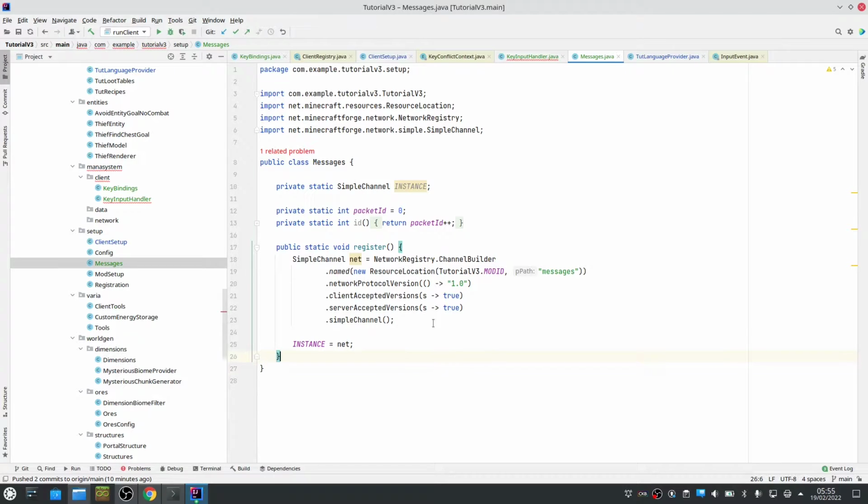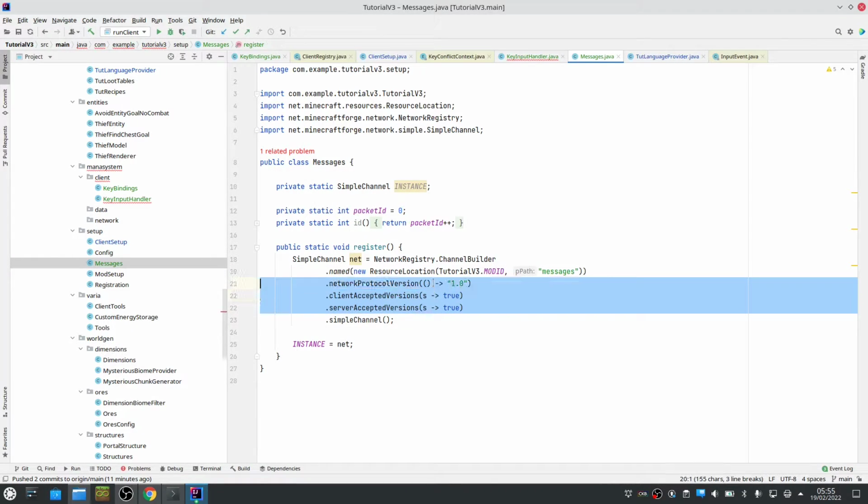So basically, we make use of simple channel, which is something that Forge added. It's an easy way to make a network channel between the server and the client for your mod. So we make a new channel. There's a channel builder. We give it this name, a network protocol, and we actually don't use